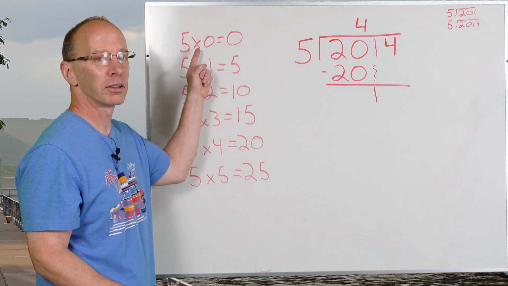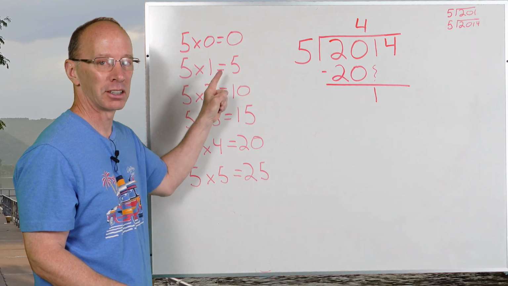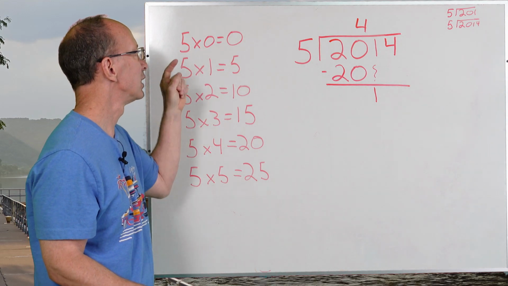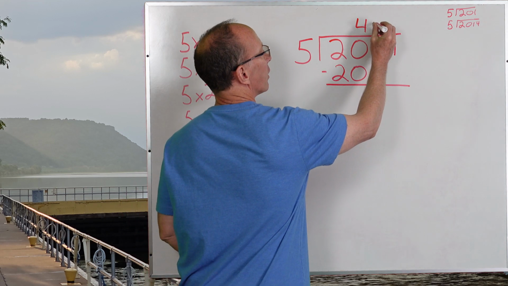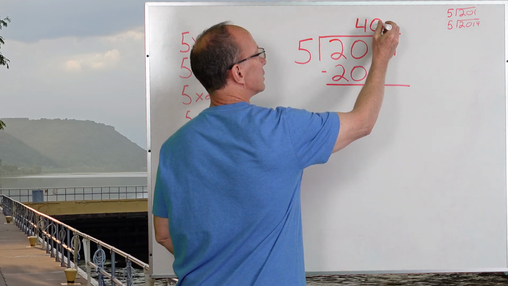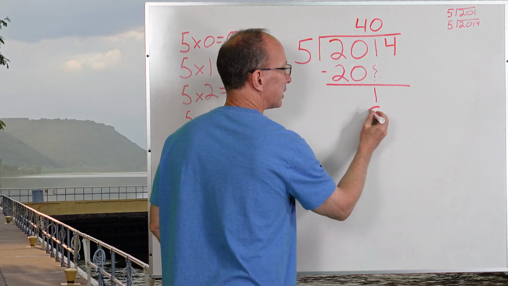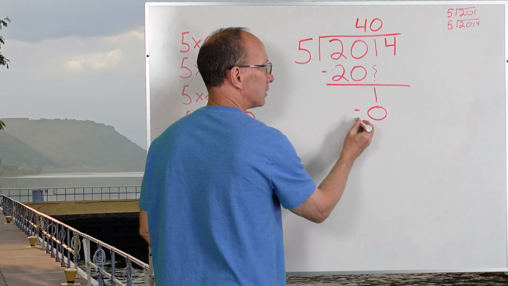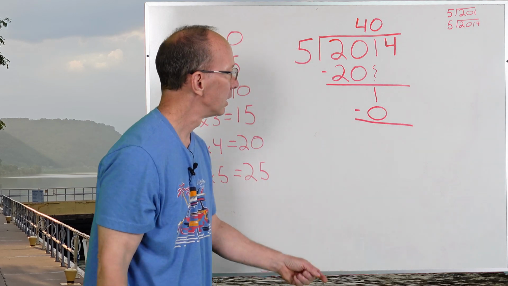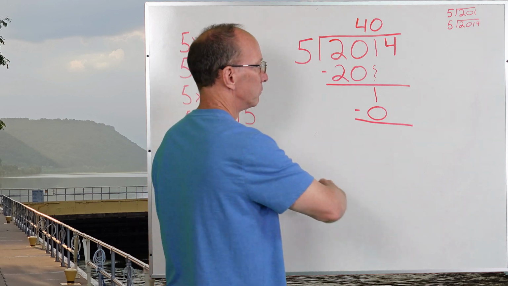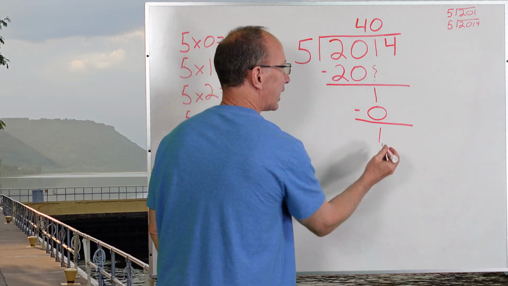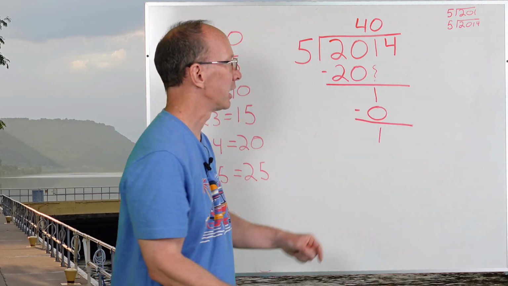The only way you're going to be able to do that is multiply it by 0, all right? So 5 times 0, all right? So I put 0 right here. 0 times 5 is 0. I use subtraction, okay? 1 minus 0, 1. Now I bring the next number down,